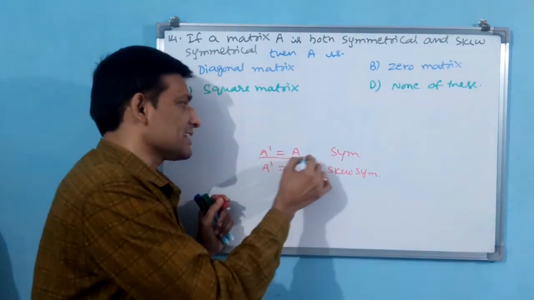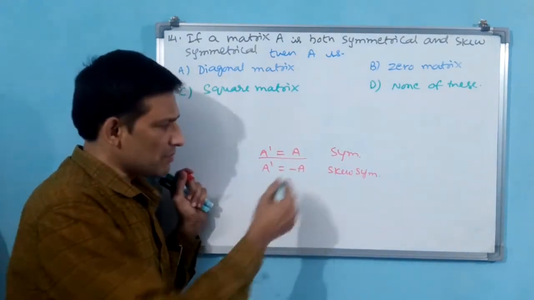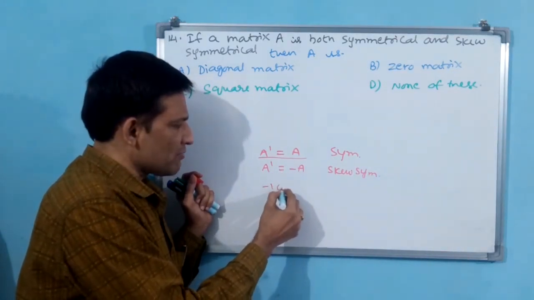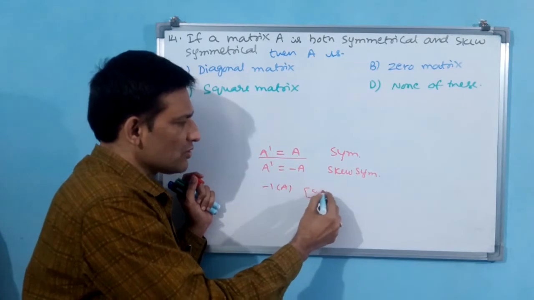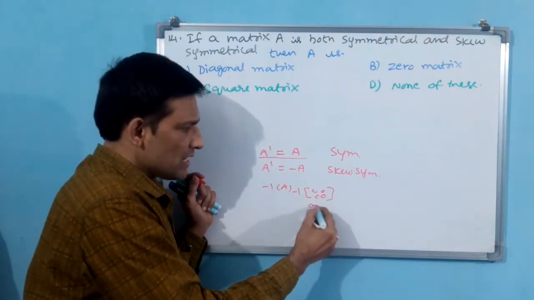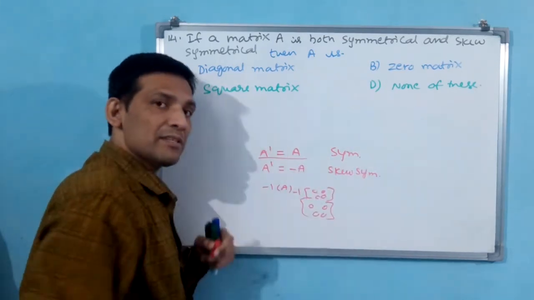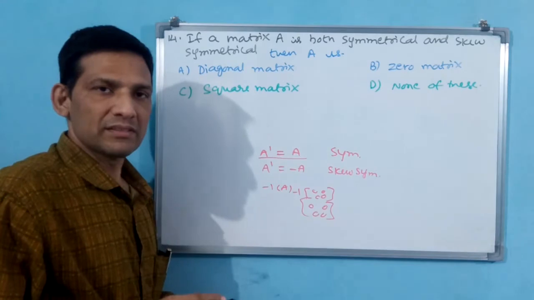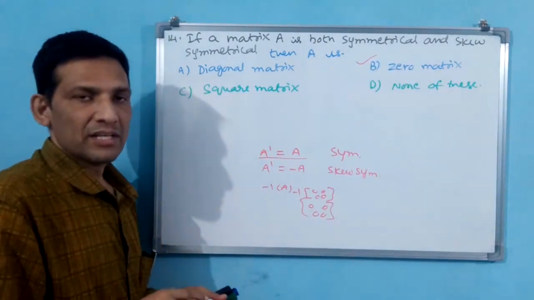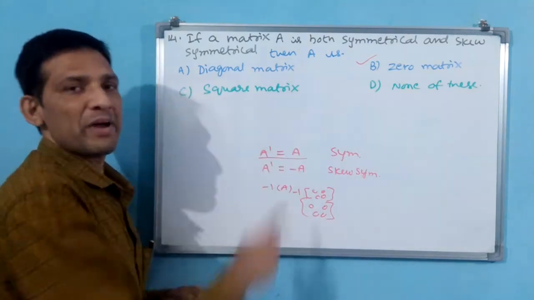Okay, you can say that it is a symmetric matrix. But why can't it be called a skew symmetric matrix? Because for minus A, you have to multiply A by minus 1. Even for a zero matrix, if you multiply with minus 1, the same zero matrix will come. Then you can say this is both a symmetric and a skew symmetric matrix. Any matrix that is both symmetric and skew symmetric means only one matrix, that is the zero matrix.